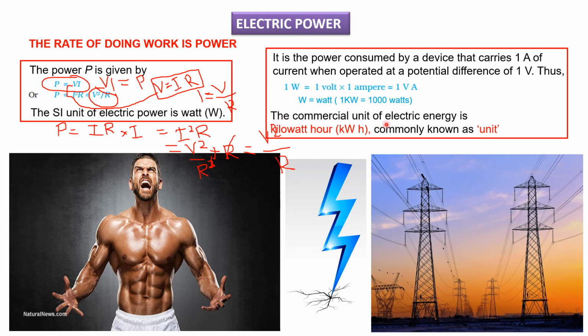The commercial unit of electrical energy is kilowatt hour. Whatever the current electricity bill given by the lineman to your house monthly, just go through that. Just see the light bill. You will understand the units. That unit is called kilowatt hour. How many units have you consumed in the previous month? Based on that, the bill will come to your house, right? So that is nothing but the unit: 10 units, 20 units, 100 units, 4000 units. That unit is called kilowatt hour. They will ask it for 1 mark. The commercial unit of electrical energy is kilowatt hour. It is also called a unit. Clear?